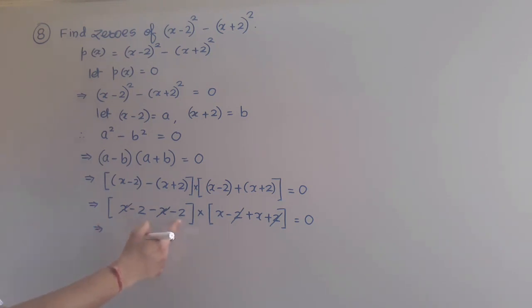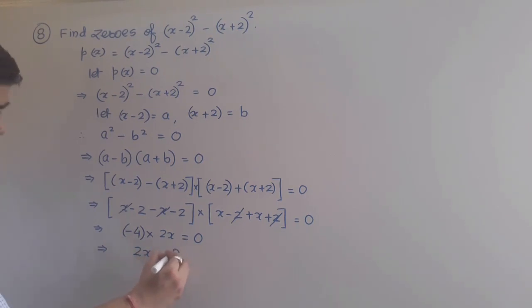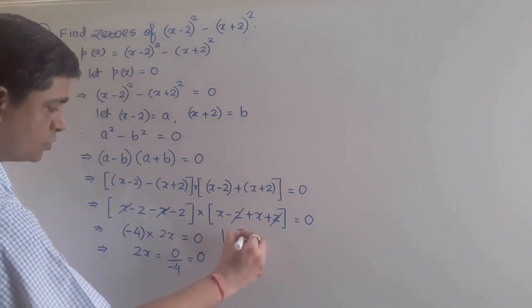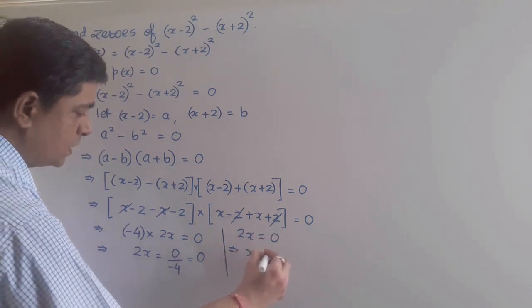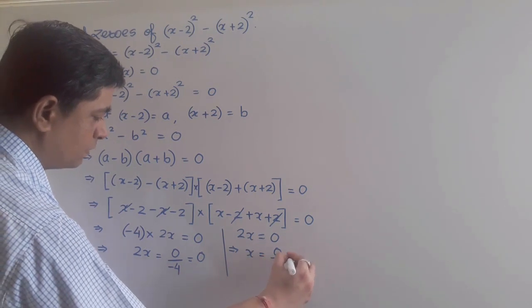Minus 2 and minus 2 signs are same, so we can add both of them. This will become minus of 4 into here x and x, if I add, this will become 2x is equal to 0. Minus 4 is a non-zero term, it goes in the upon of 0, so we can say that 2x will be equal to 0 upon minus of 4, that will be again 0, okay. And further I am getting here 2x equal to 0, so value of x is again in the same manner, 0 upon 2 will be equal to 0.